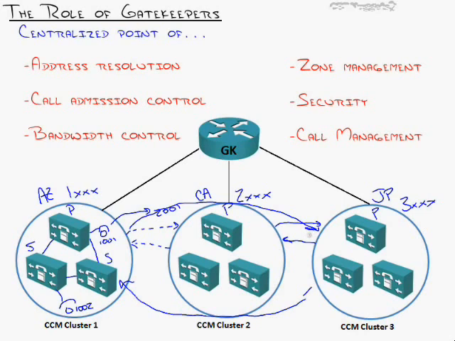Now, with 3 clusters, it's feasible. I can do it. It's just 6 different links that I'm creating. But once I bring up the 4th cluster over here, and the 5th cluster, and the 6th cluster, I mean, by the time you're up to 10 clusters, you're looking at potentially 100 links going between them.